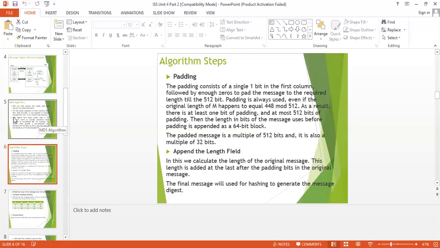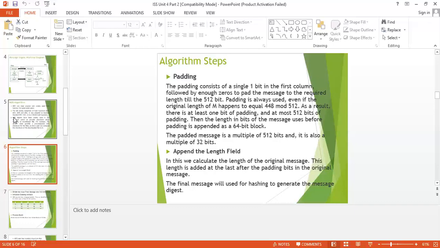The reason behind the padding is that we want to make the length of the original message equal to a value that is 64 bits less than an exact multiple of 512 bits. This 64-bit less value will be used for the length padding.